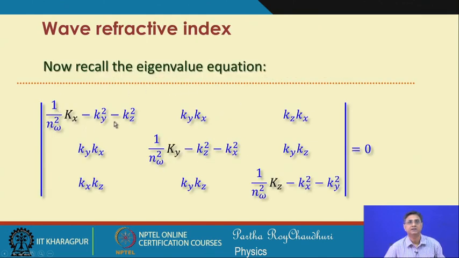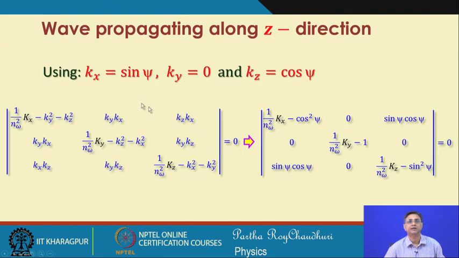So, if I do that, this k x, k y and k z we plug into this equation, then it will take these values: 1 by n omega square k x, capital K x minus cosine square psi 0 sin psi cosine psi, and similarly this. You can see that the diagonal elements are almost symmetric, the x x component and z z component are the same, but